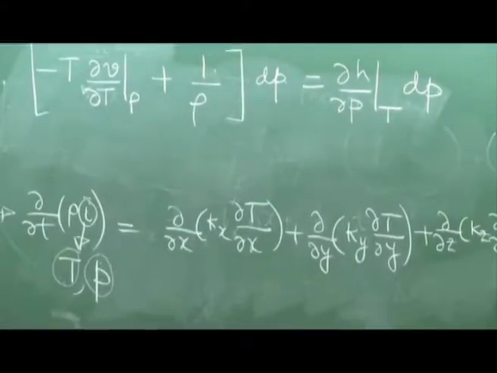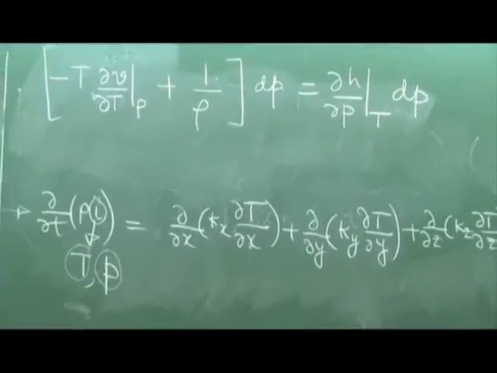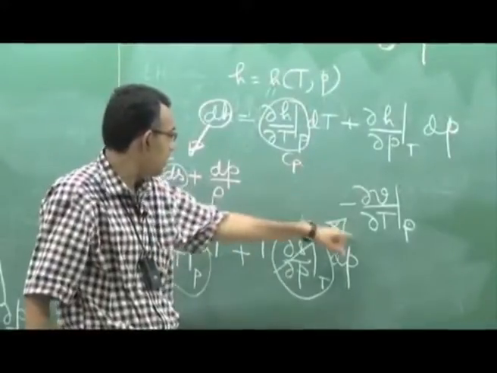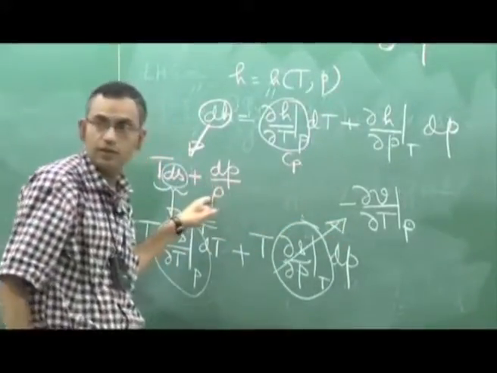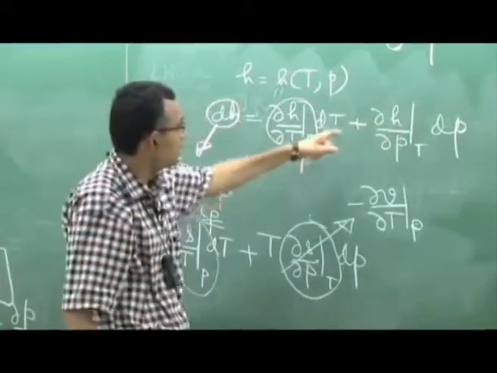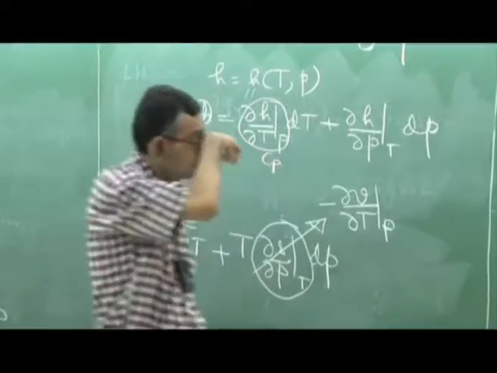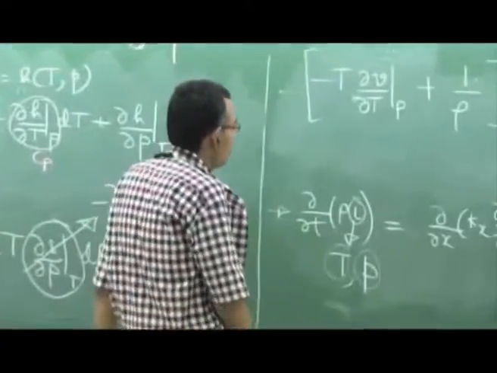So if you equate the coefficients of dP on the left hand side, the coefficient of dP is here minus T del V del T, then plus 1 by rho, and on the right hand side this is the coefficient of dP, right. So you can write